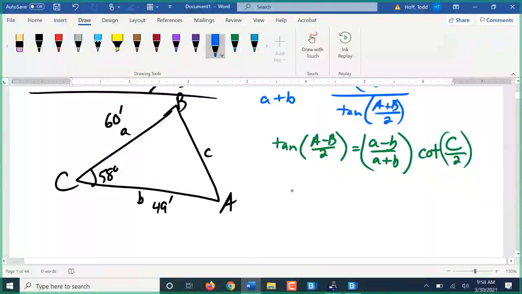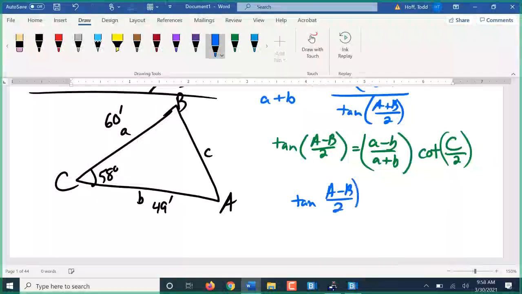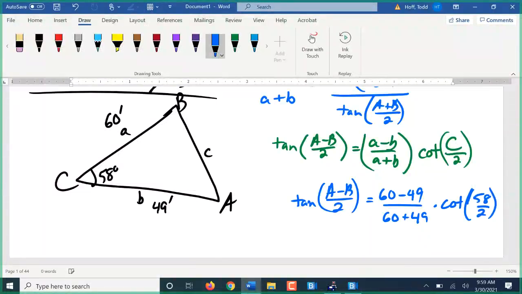So we now have here the tangent of A minus B over 2 is equal to, well, A here is 60, B is 49, so 60 minus 49 over 60 plus 49 times the cotangent, I keep putting cosine, not cotangent, cotangent of 58 degrees over 2. I can calculate this whole side out. In fact, I can do an inverse tangent on it, and I can do